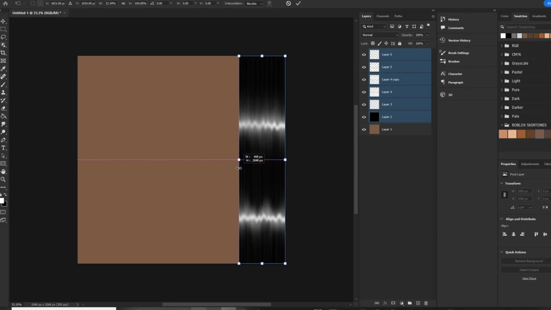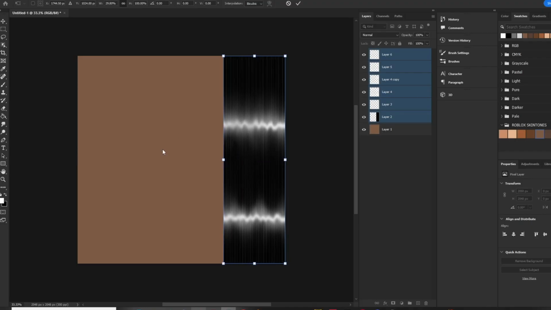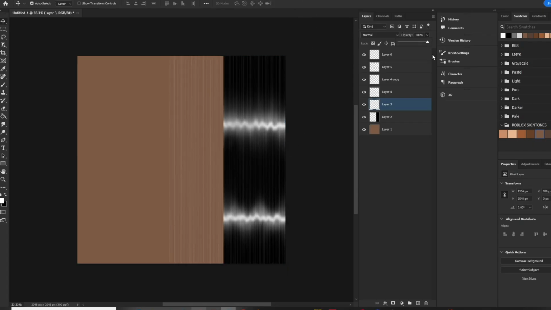So I would go for something like this, and then if you don't like it, you just edit it accordingly. And as you can see, the texture has a lot of lines. You can also just Ctrl T and scale this so it has less lines, and you can of course reduce the opacity